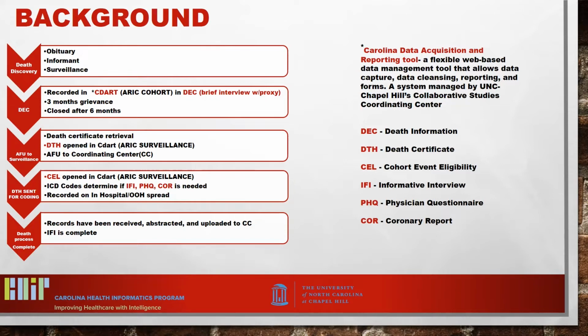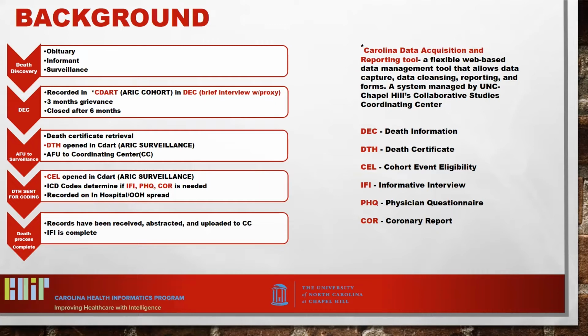Upon discovery through either obituary, informant, or surveillance, at that time a DEC form is opened under the cohort side of our data management system that we call CDART, which is actually managed through UNC Chapel Hill's Collaborative Studies Coordinating Center. The DEC form is not only used as an initial death event notification to our coordinating center, but it